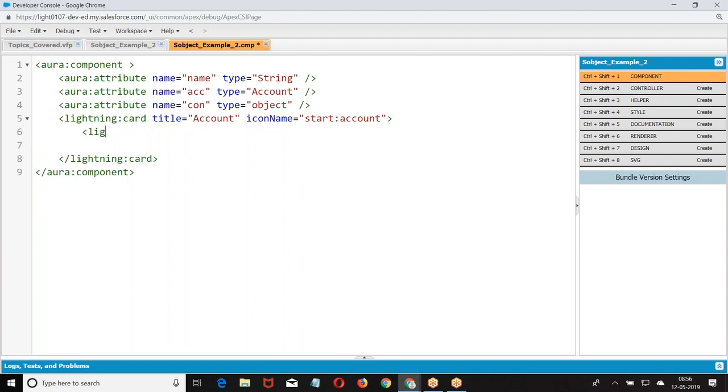now writing input, value equal to ACC. What is the value of ACC? Null. So v dot ACC dot name is null dot name.